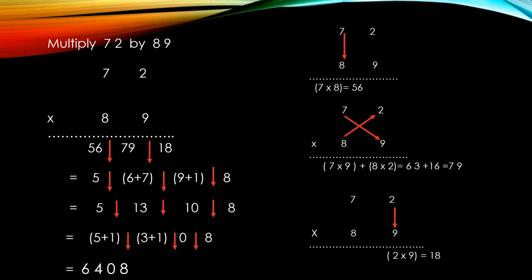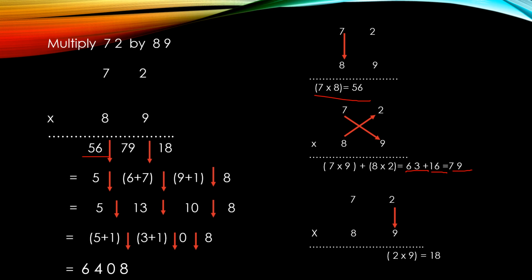In Vedic maths, we apply the sutra vertically and crosswise. First we apply vertically. 7 multiplied by 8. We multiply tens place digit 7 and 8. That is vertically 7 multiplied by 8. We get 56. Write down 56. Then we apply crosswise, crisscross. That is we multiply 7 with 9 and 8 with 2. 7 multiplied by 9 we get 63 and 2 multiplied by 8 we get 16. 63 plus 16 we get 79.